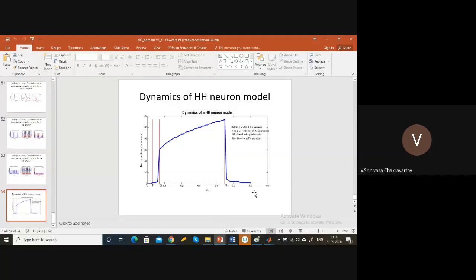So as you vary the input current, up to a first threshold point, I'll call it I1, right? There are no action potentials at all. There is only a small ripple followed by a flat line. So this current we found to be about 0.022 something. Then if you increase current further at a second threshold, between I1 and I2, you have one or a finite number of action potentials, but there's no continuous firing. But beyond I2, you see that there's a continuous firing.